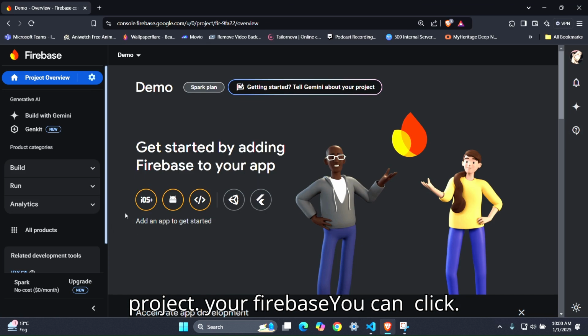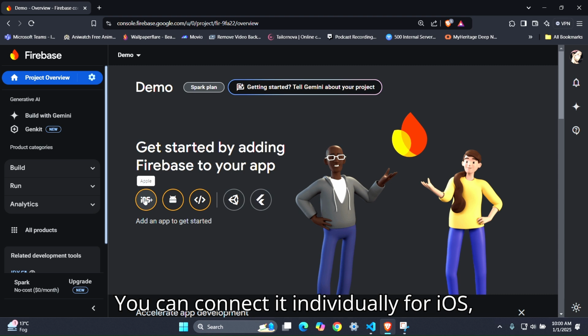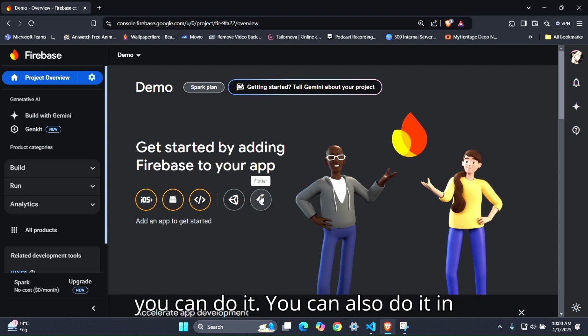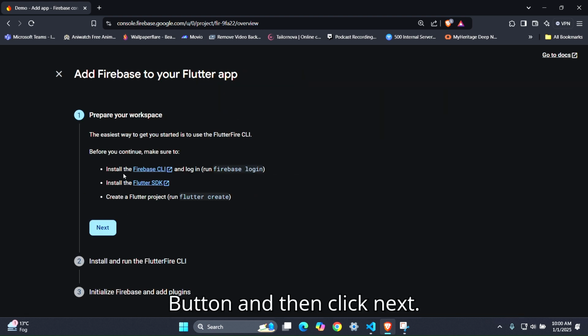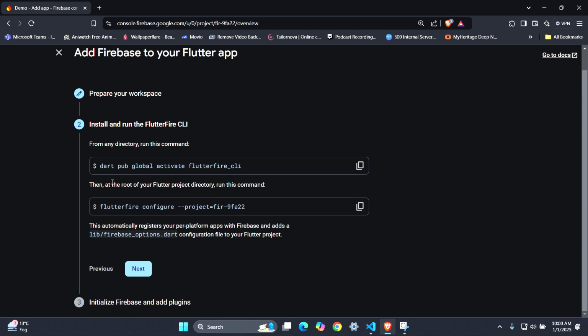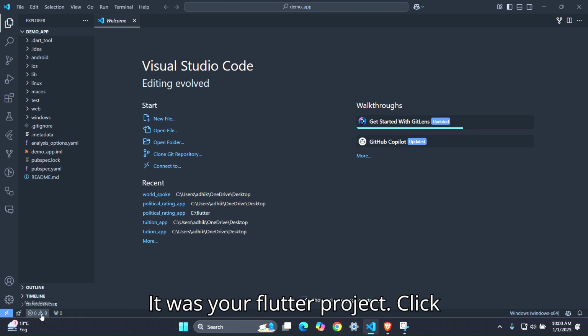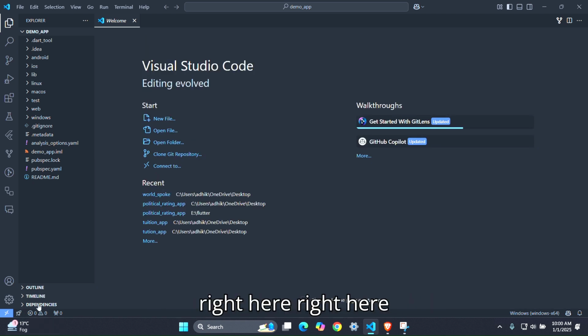You can connect it individually for iOS, Android, and web, but you can also do it in simple way. Just click on the Flutter button and then click next. Then you can see this command, copy it. It was your Flutter project. Click right here,